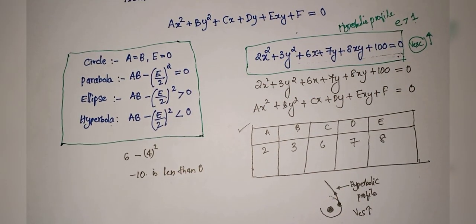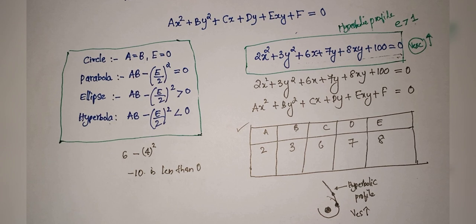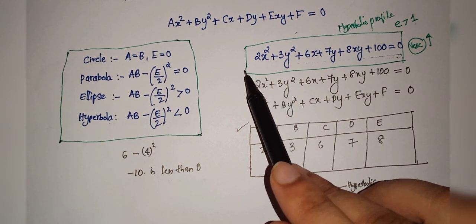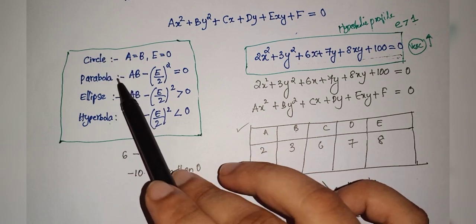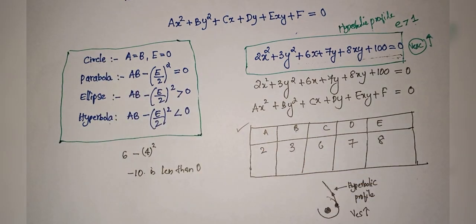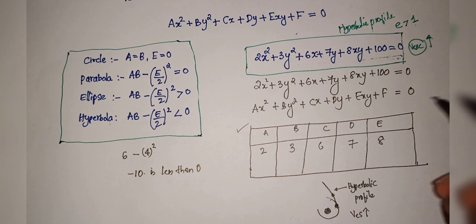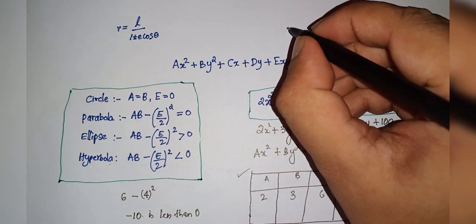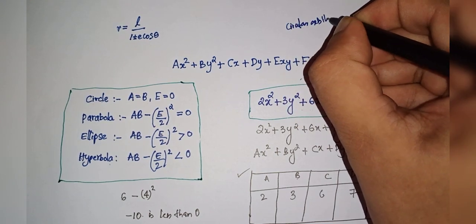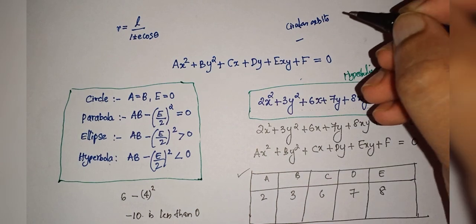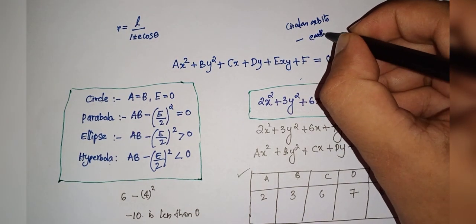I hope this short video is informative for you, and you can try practicing with different conic equations. You go for a test for circle, parabola, ellipse, and hyperbola, and accordingly you can perform your analysis. Always remember, if you are having a circular orbit, it can be an Earth satellite